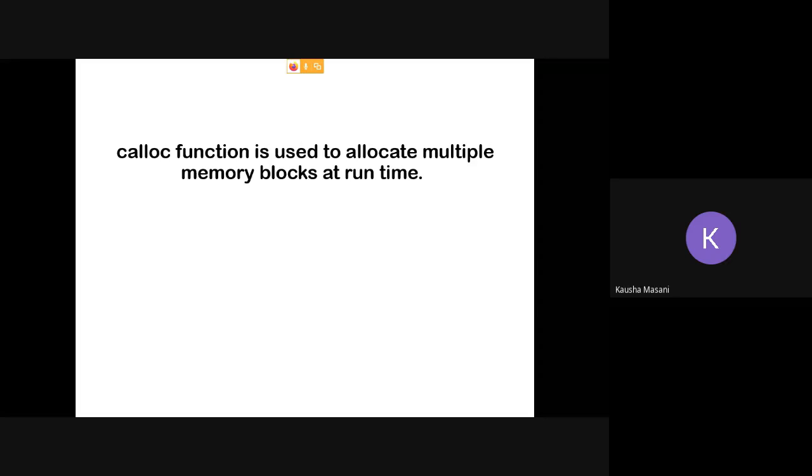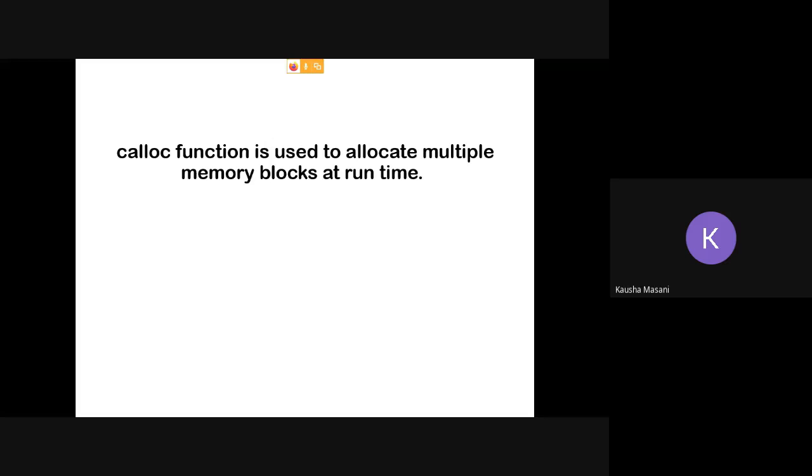But when calloc creates multiple memory blocks at runtime for a given size, those blocks are initialized to 0 first. Then when you enter values to be stored, those values overwrite or update those zeros. That is another difference between calloc and malloc.